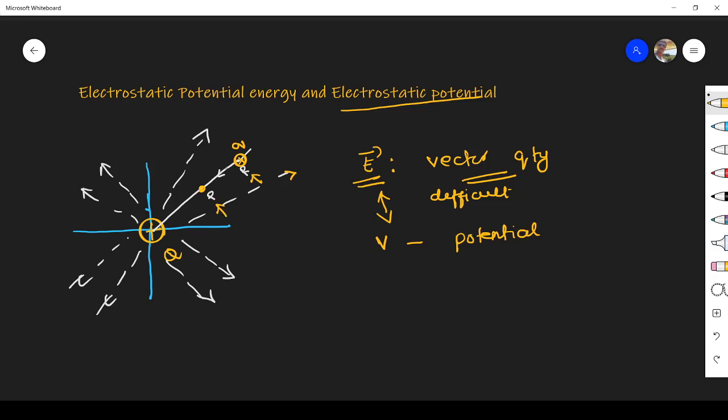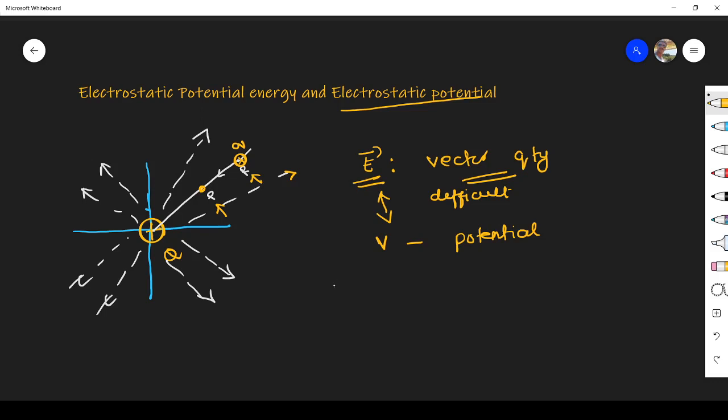Since there is an electric field produced by the source charge at every point, we have to give some external force and do some work to move the charge from point R to P, because the field produced by the source charge is nothing but a force. So everywhere there is a force, and we have to give an external force to oppose the original force and move the charge from point R to point P.